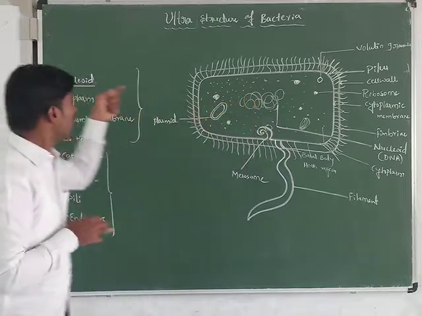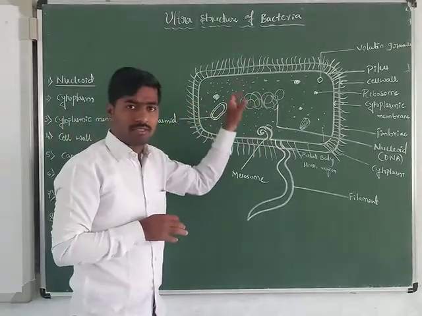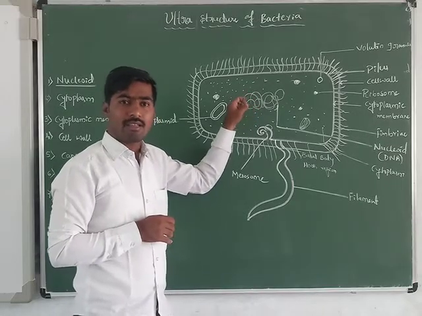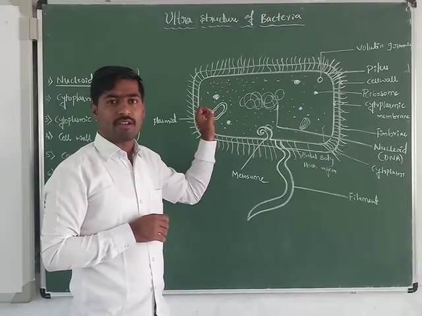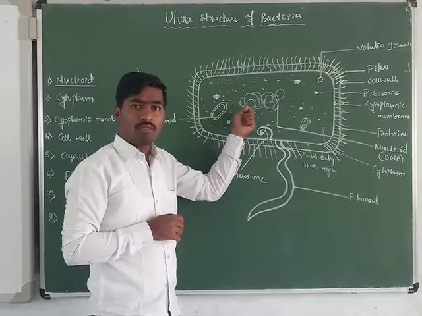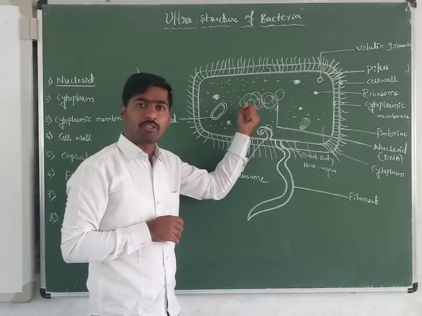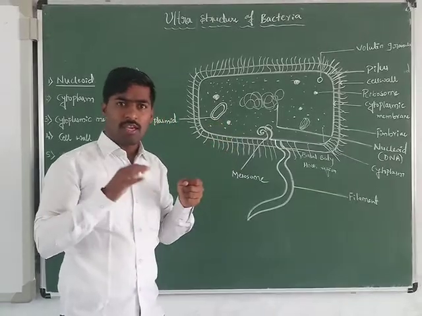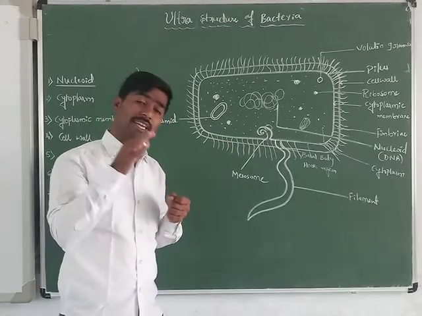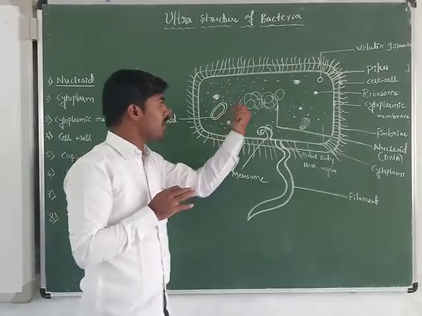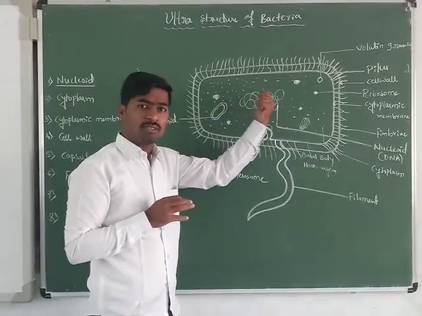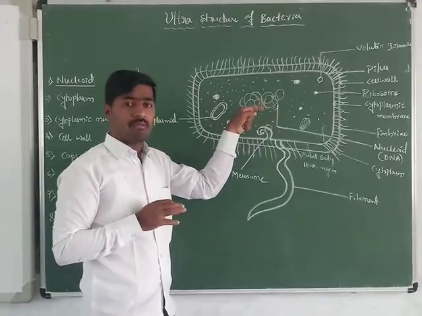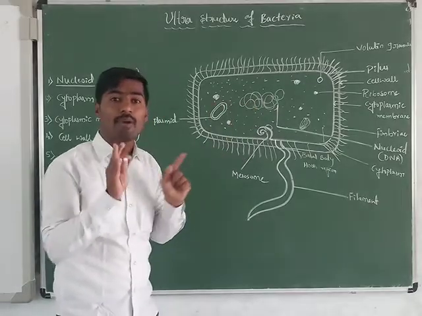It's clear. The nucleoid in the bacteria cell consists of a single double stranded DNA, 1 mm in length. When it is condensed, it is loop and supercoiled. When cell division takes place, there may be 2 or more DNA present. The nuclear membrane is absent, the nucleolus is absent, and it grows and replicates by fission, not by mitosis.